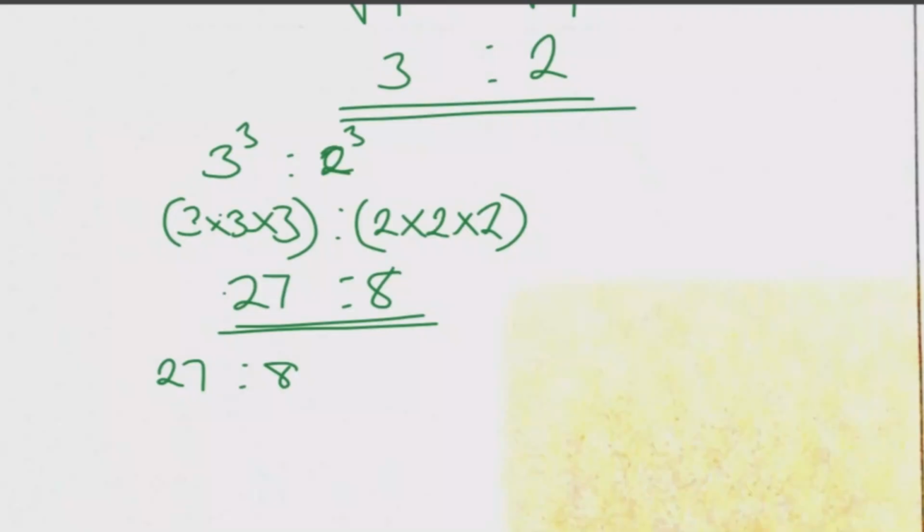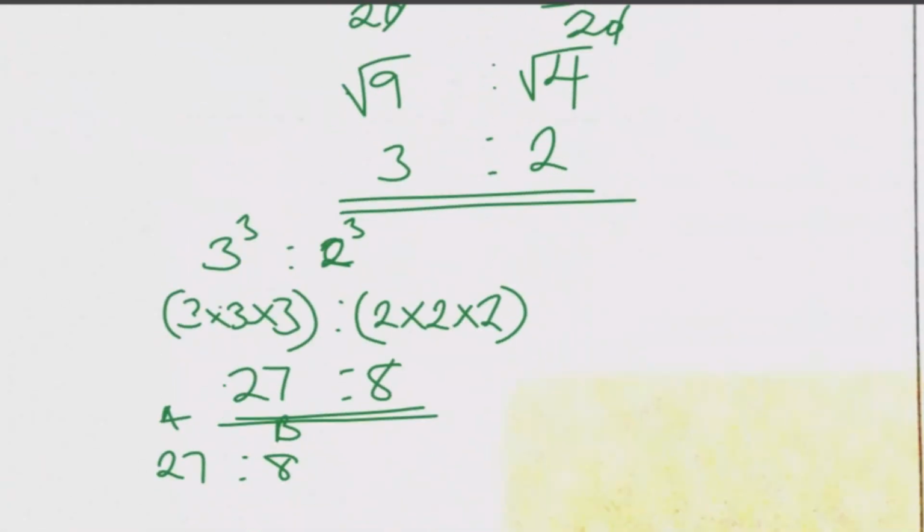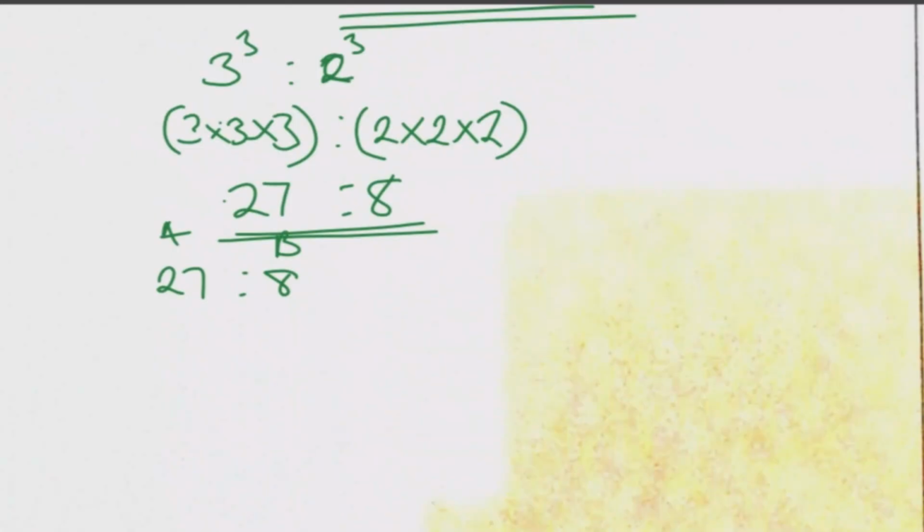This is pyramid A and this is pyramid B. The volume for pyramid A, we are told, is 810. We don't know the volume of B, so we cross multiply. So we have 27x equal to